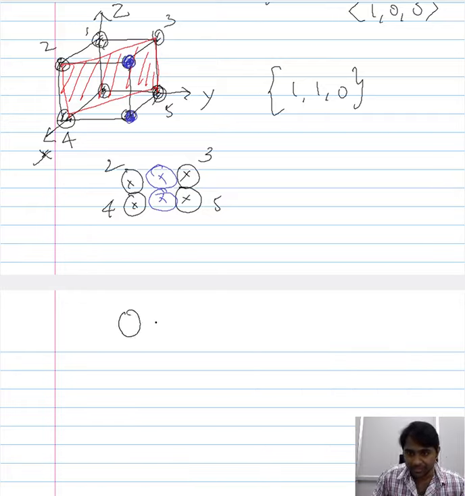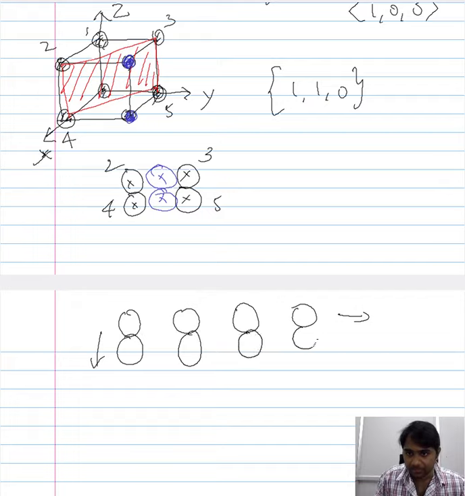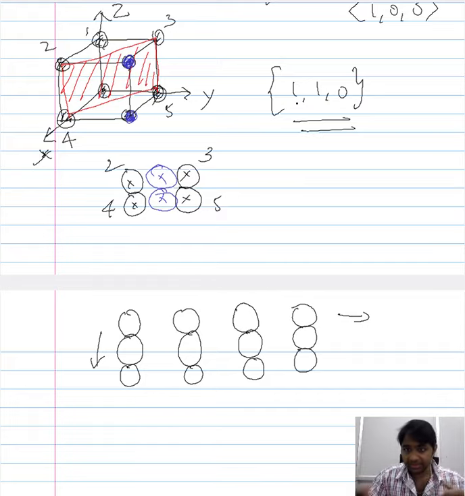You have your first layer, and there is a gap between the atoms in the first layer along the horizontal direction. We will see what this direction is, but along this direction there is some gap between the atoms, while in this direction there is not much gap, so the atoms touch each other. This would be your first layer when you consider the family of direct planes 1, 1, 0, and the next layer would be atoms that are present between these two.